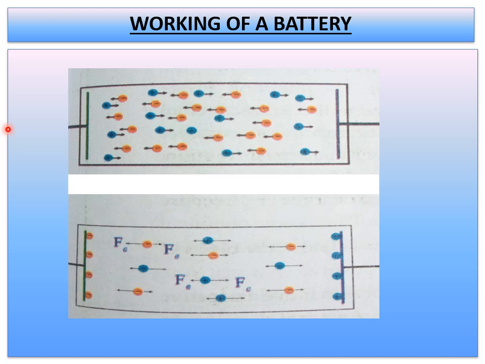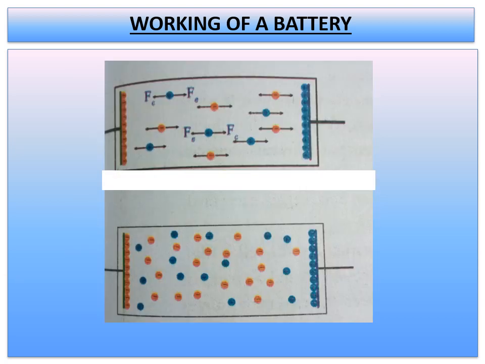And one more point you have to remember here, the ions in motion experience another force when a sufficient number of charges are accumulated on the plates. So let that force be Fe. So we are seeing this Fe. The direction of this force is opposite to the direction of the chemical force. Already I told what the chemical force is. It is represented by Fc. And the magnitude of this force depends on the amount of charge accumulated on the plates.